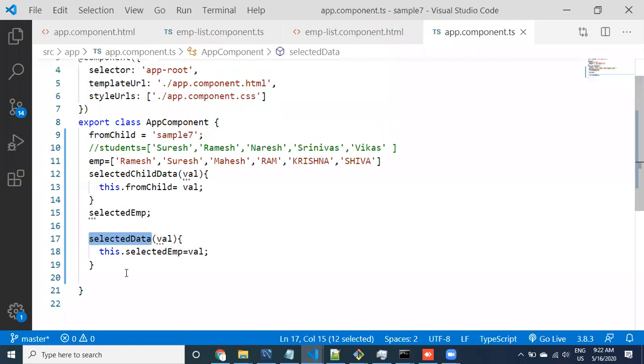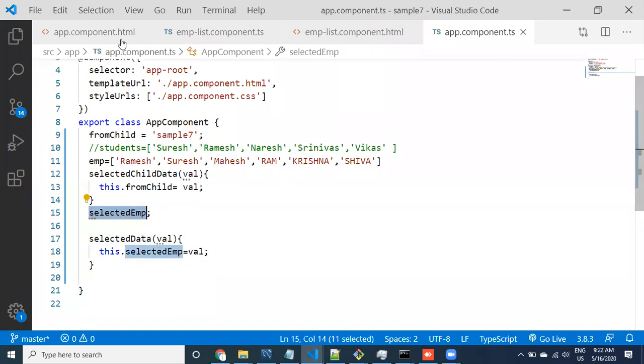When you see this selected data here, whatever information that we have here, this particular selected data is going to be selected data. Now what we are doing, we are setting this value. So now this particular property, whatever value we have, this is a property. You can use this property in the component.